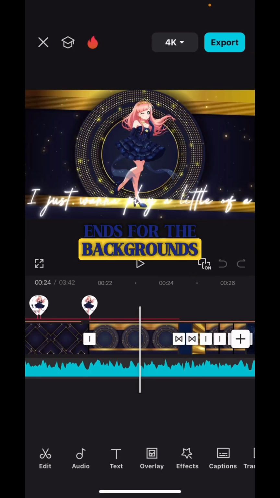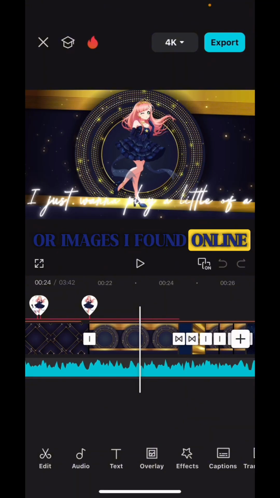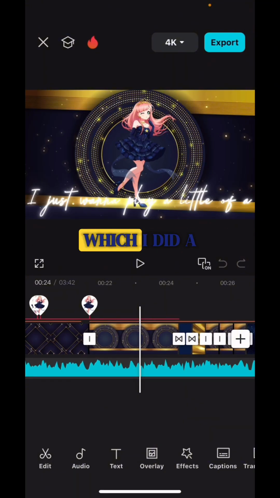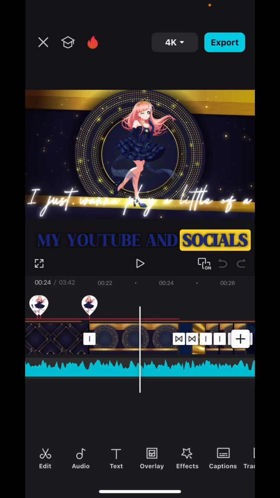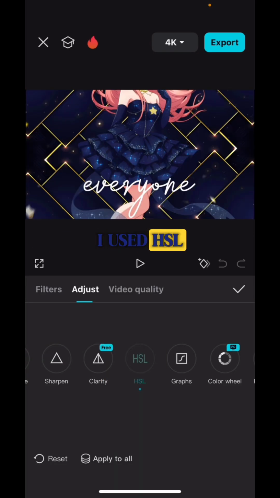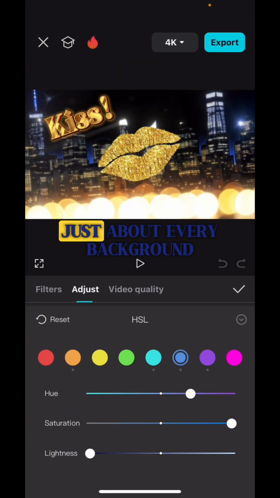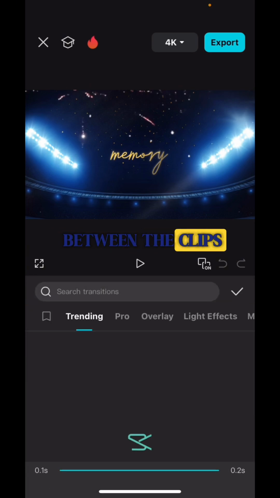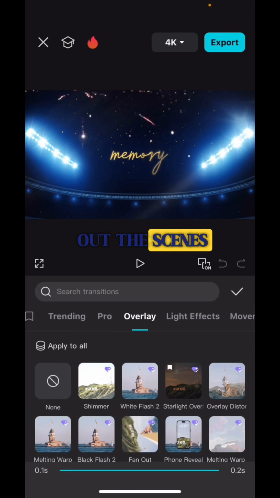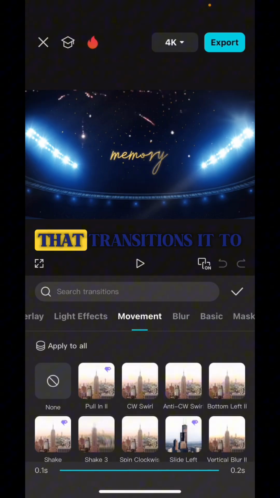For the backgrounds, I used YouTube videos, kind of like how I did in GNGK, or images I found online in the aesthetic of this release, which I did a whole video on the Guilty Night, Guilty Kiss aesthetic on my YouTube and socials. I used HSL and manually adjusted the colors to be correct. I did this for just about every background and some overlays as well. I also have a lot of transitions in between the clips. These kind of smooth out the scenes,